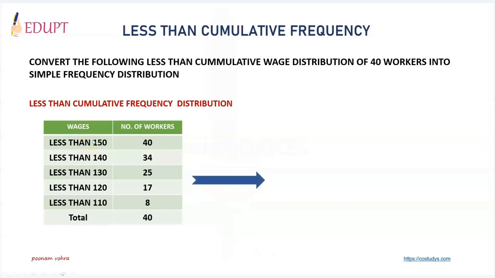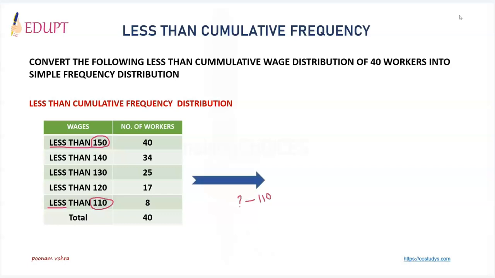Focus on the wages, which is less than 150, less than 140, till less than 110. So the lowest class interval in this case is less than 110 and the highest class limit is less than 150. So your first class interval would be something till